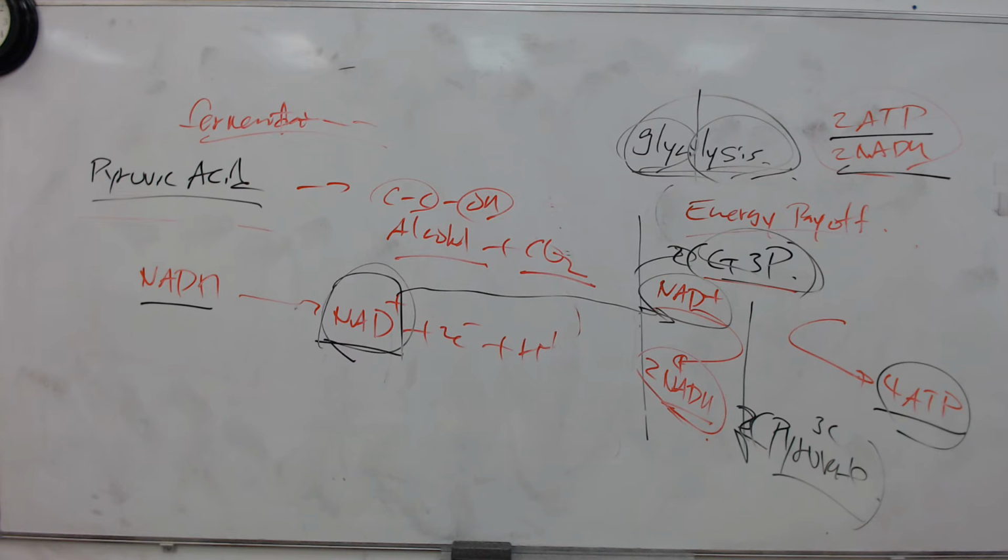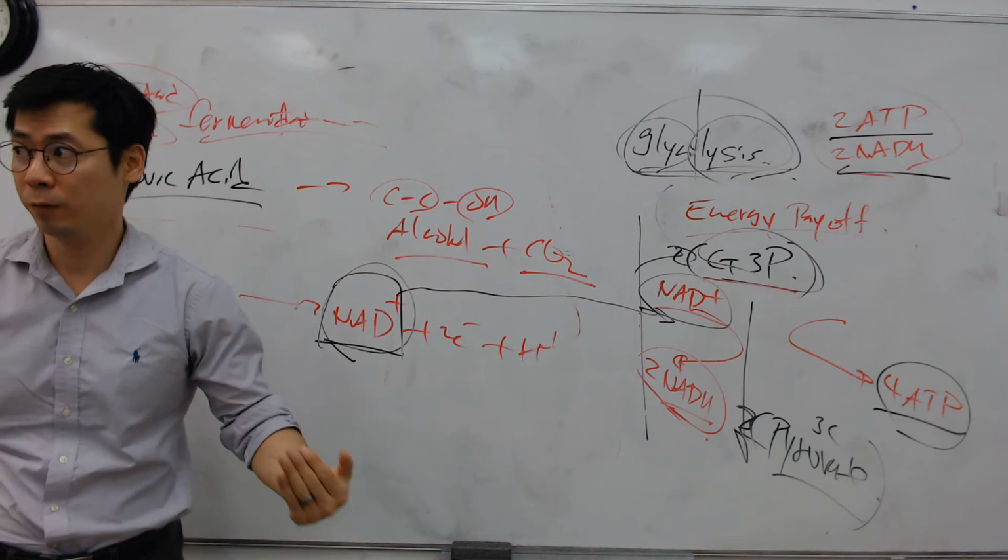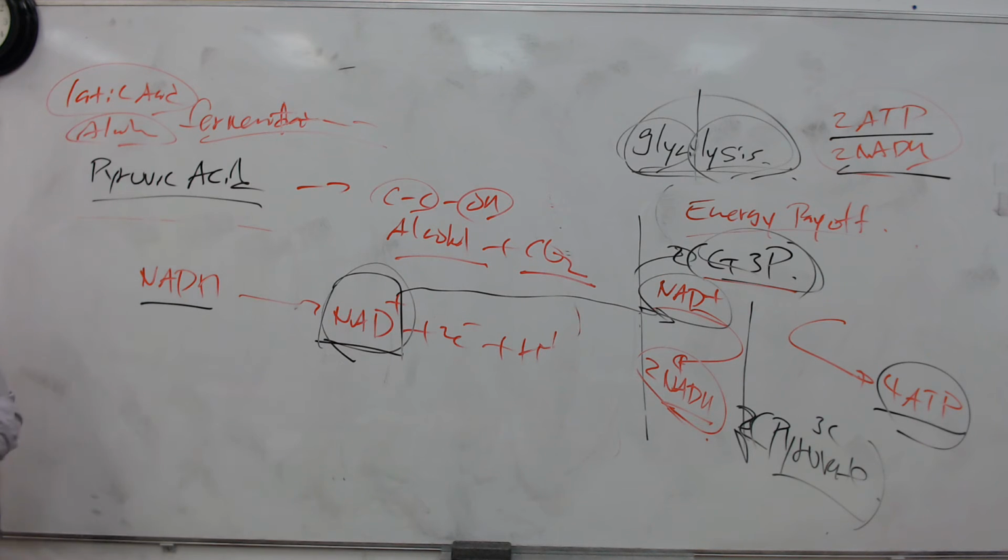Again, there are two types of fermentation, guys. You have to know which: lactic acid fermentation and alcohol fermentation. There are two. A lot of times, prokaryotic cells do alcohol fermentation, and you probably heard that your muscle cells will do lactic acid fermentation. So that's from an anaerobic perspective, and you should understand.